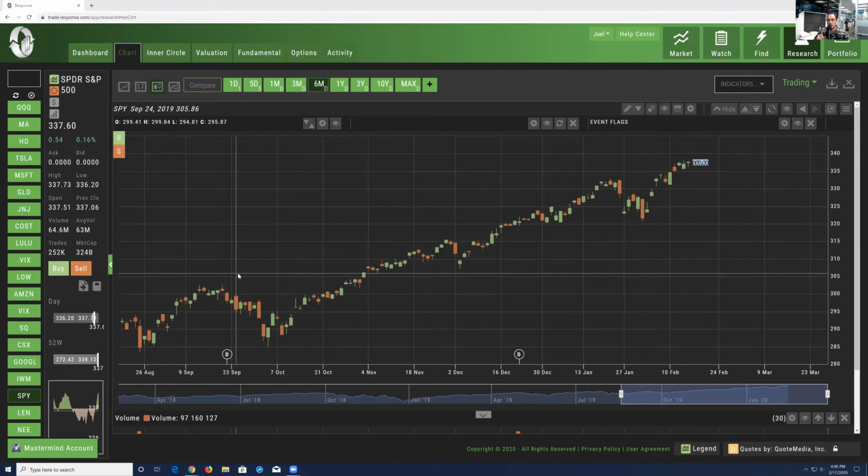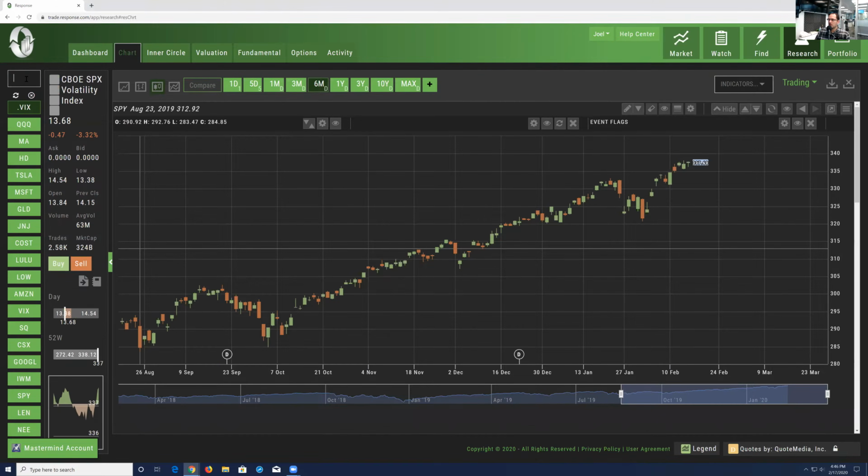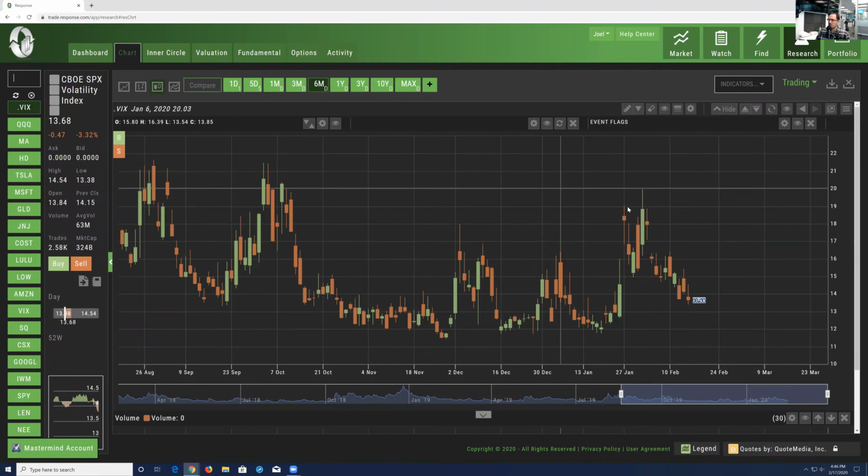but we're still in the overall long-term uptrend. That's the first thing I want to point out, is the overall trend long-term was still up. The next thing I want to point out is what volatility levels were at that time. And I'm going to use the VIX to be a barometer of overall market volatility. Let's take a look at the VIX, and I want to show you what the VIX did at that time. So January 31st, the VIX spikes up to where it closes at 19, really, really high relative to where it